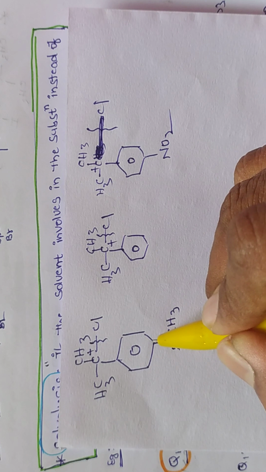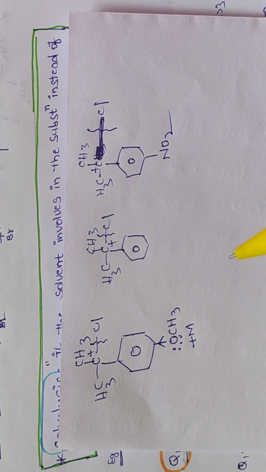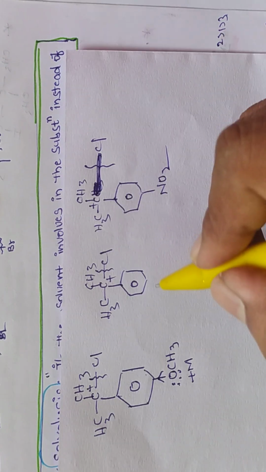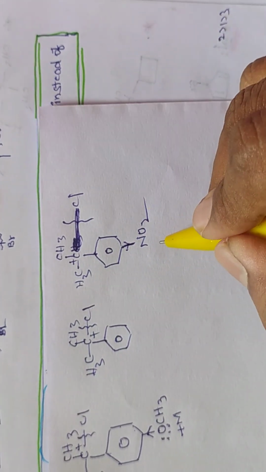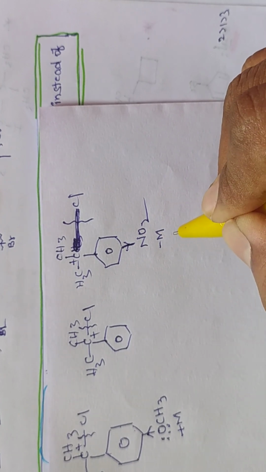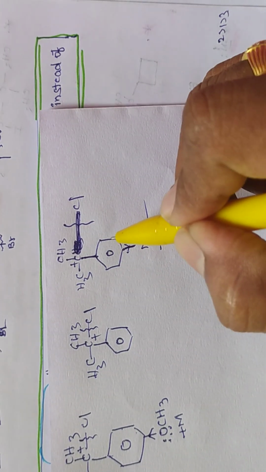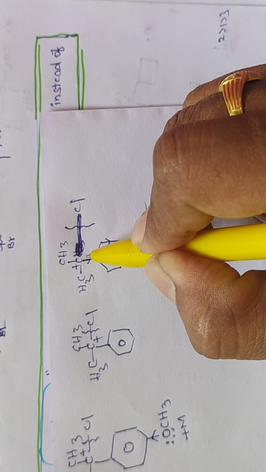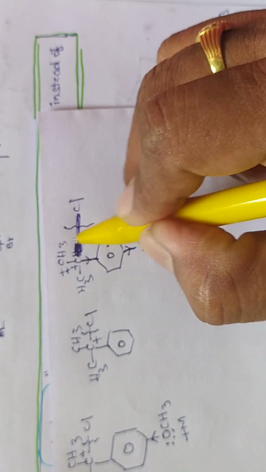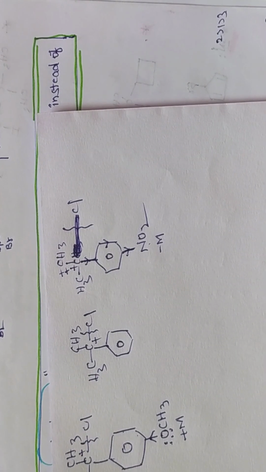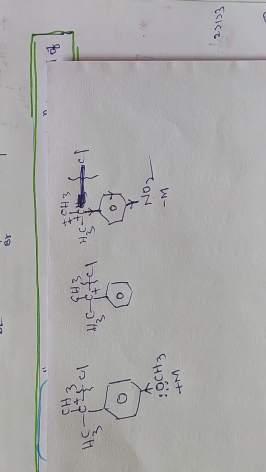Now lone pair, single bond, double bond, single bond, double bond, so conjugation is there. So therefore it shows plus M effect. Now here no group is present. Next, here what group is present? NO2 group is present. Now NO2 group is acting as a minus M electron withdrawing group. So whenever an electron withdrawing group is present, this group is withdrawing electrons from the benzene. Now benzene is withdrawing electrons from that carbon, so the positive charge on the carbon increases. So this becomes a more unstable carbocation. The more unstable the carbocation, the lesser the SN1 reaction.